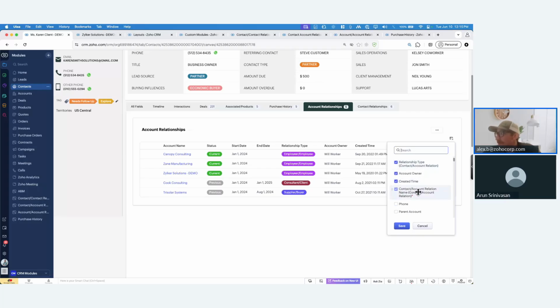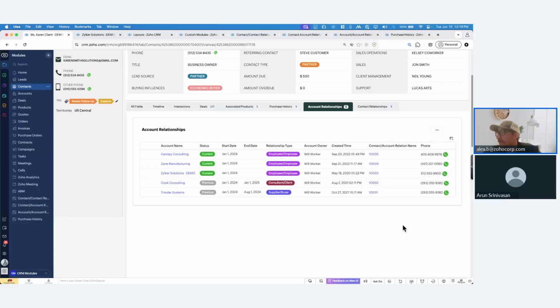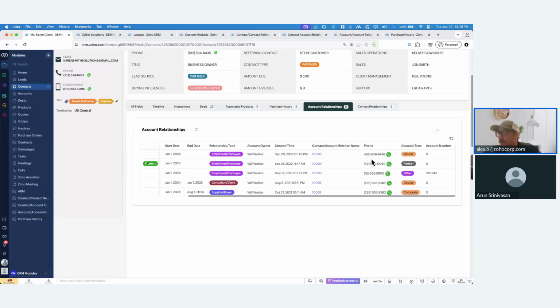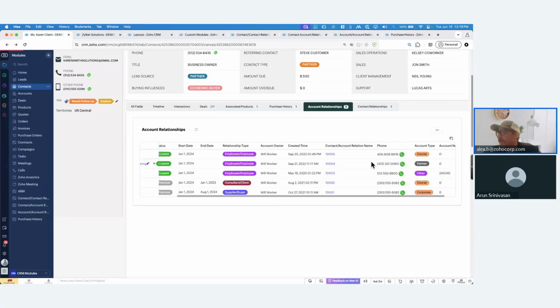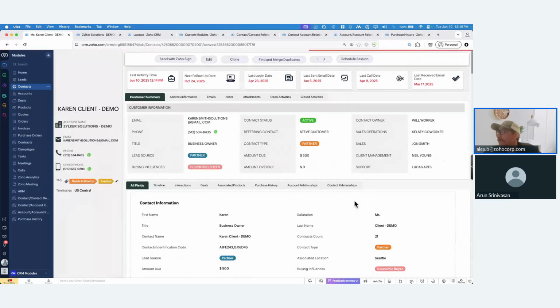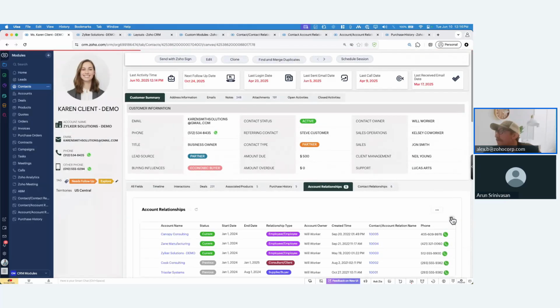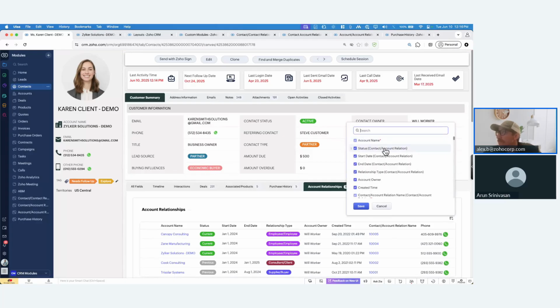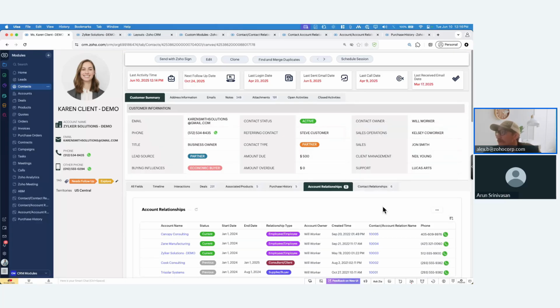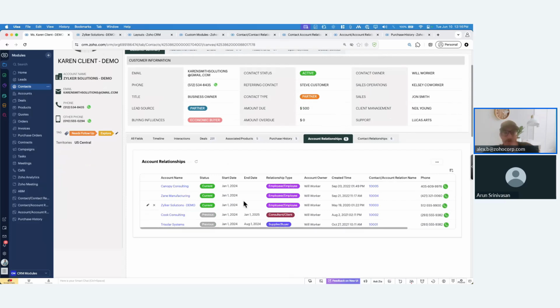Anything that doesn't have these parentheses, like phone, website, this is just going to be data from the linked account. So if I was to pull in my phone number or the account type or number or any of this information, that is all data from Canopy Consulting or Zane Manufacturing that's living within the actual account itself. Anything that has those parentheses on it is going to be data about the join that we actually have